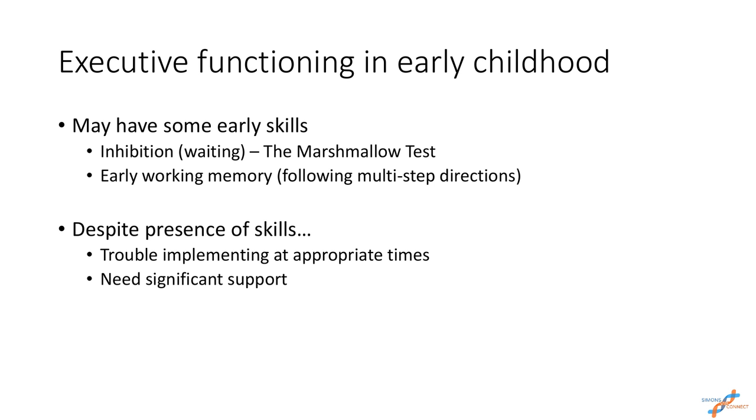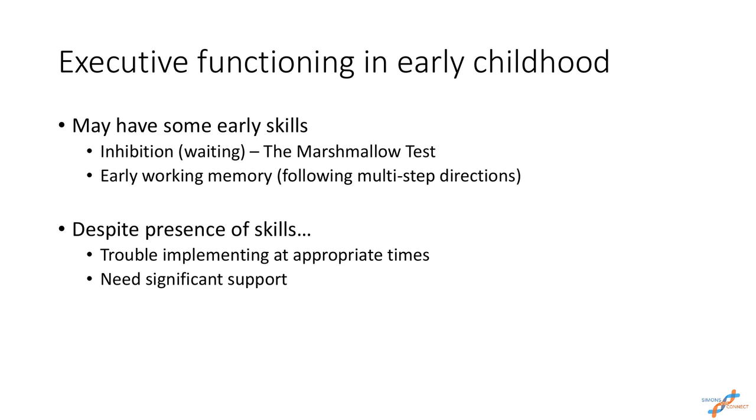So the adult leaves the room and leaves the child alone with the marshmallow, and usually a bell, which they can ring to signify that they give up and they don't want to wait for the second marshmallow, they just want that 1 marshmallow right now. That marshmallow test is actually really fascinating for some of those long-term outcomes that we were talking about. Being able to inhibit a behavior and delay reward is huge. And we actually find that those children have much poorer outcomes in terms of health, drug use, and teen pregnancy, like we were talking about earlier, than those children who are able to delay their reward.